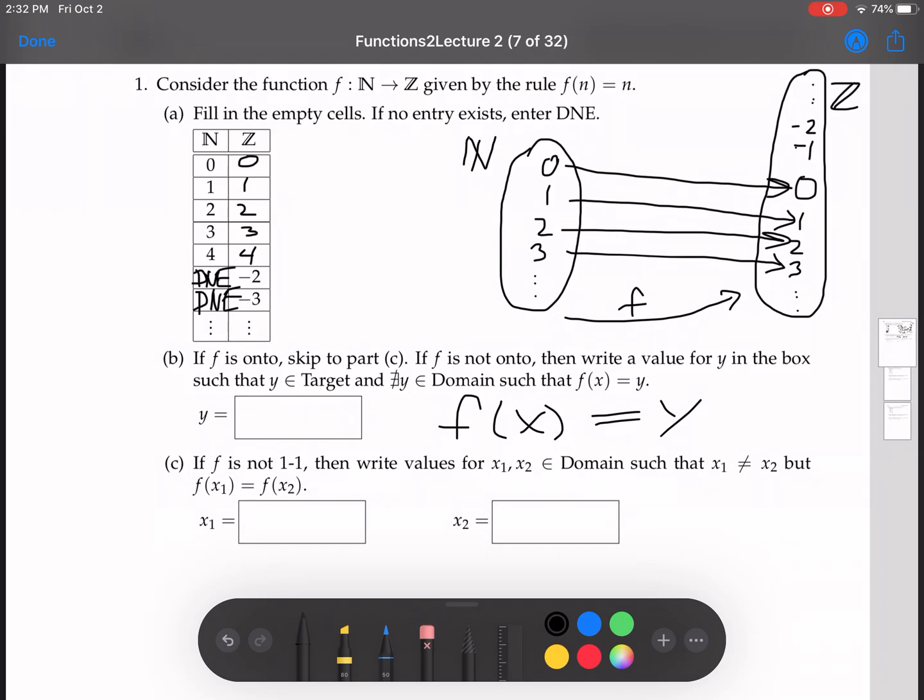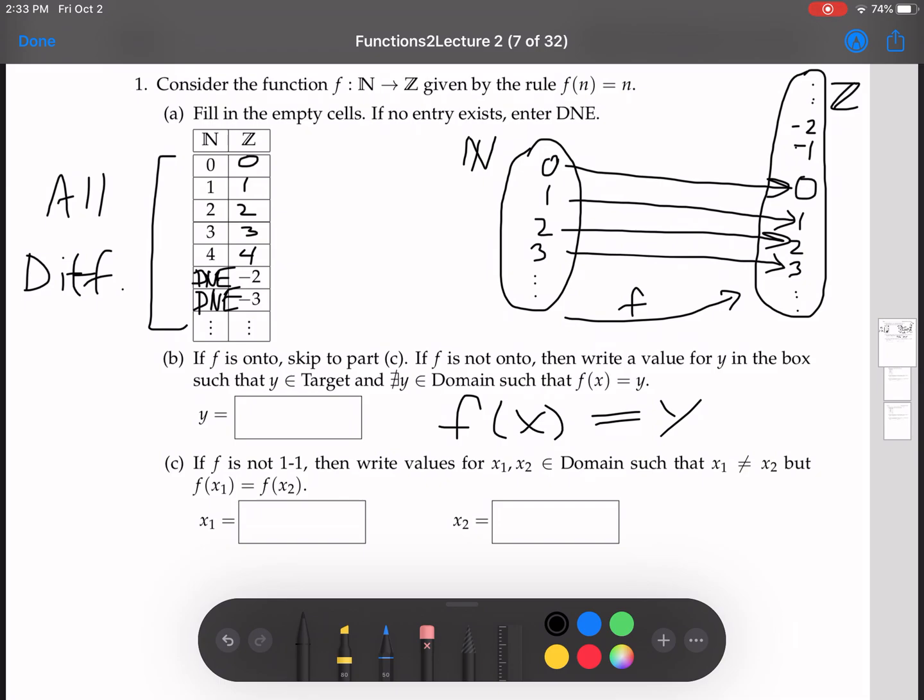Okay, and you can see that from the table immediately. Two things about the table must be correct. The first thing that must be true about the table for you to read anything off with any certainty is that everything on the domain side, everything on the left-hand side, must be unique. So all different. Unique means all different. So if all the values in the left-hand column, the domain column, are all different, then